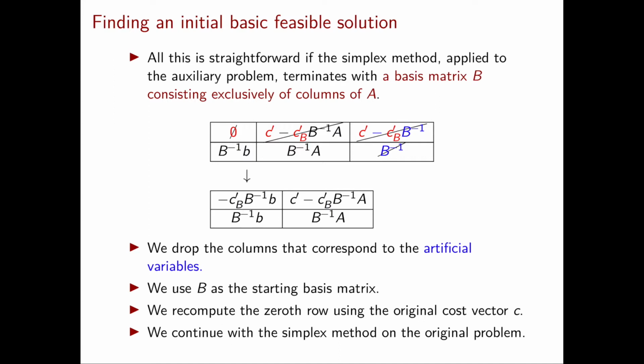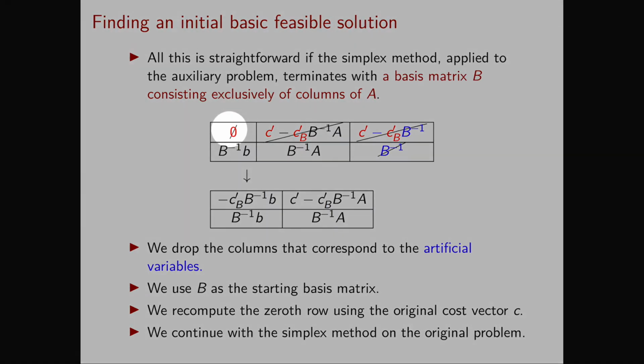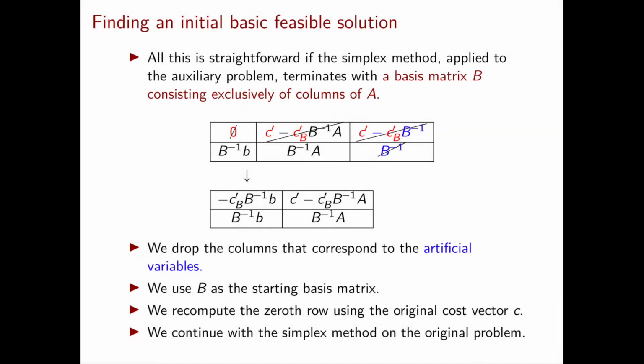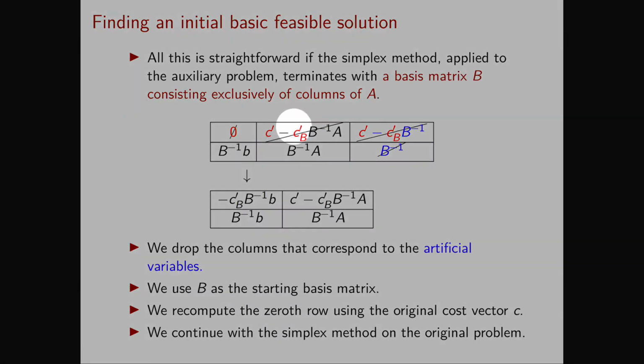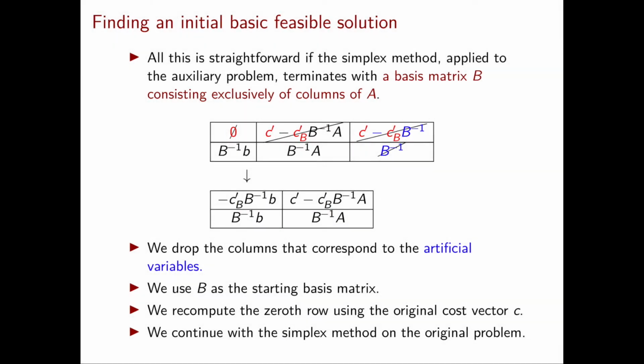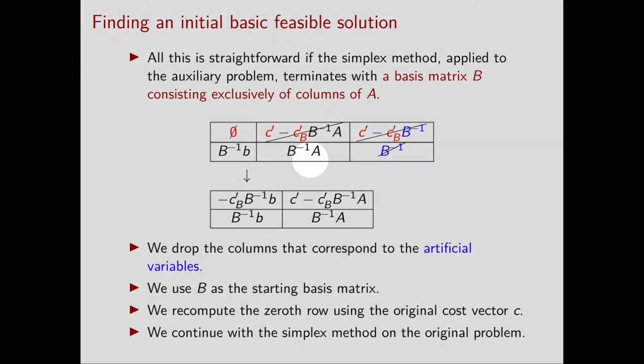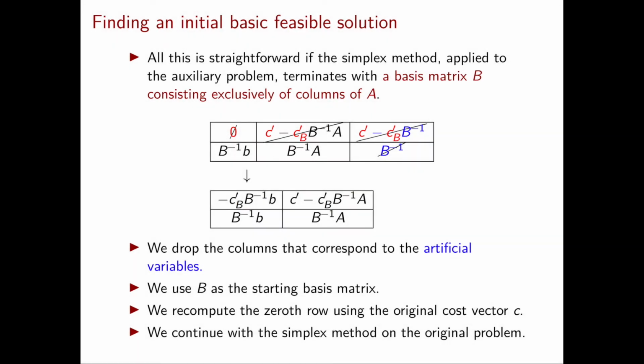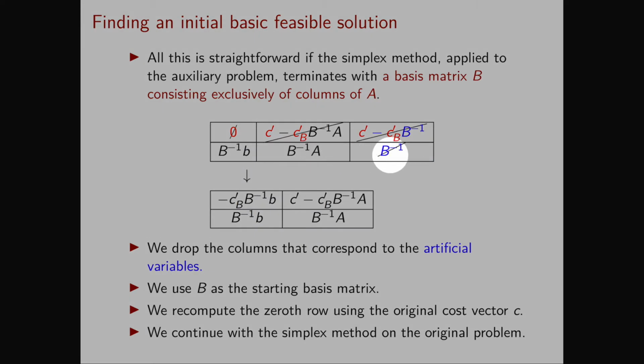If we write down the optimal tableau of the auxiliary problem, it will look like this one. In this tableau, I have added one vertical line here to divide the columns corresponding to the x variables from the columns corresponding to the y variables. The optimal cost is 0. The reduced cost will take this form. To obtain these reduced costs, you just need to recall the definition of the reduced costs and use the special form of the constraint matrix that we just discussed. The remaining rows of the optimal tableau are B inverse b, and then we have B inverse times the constraint matrix. So B inverse A here and B inverse here.